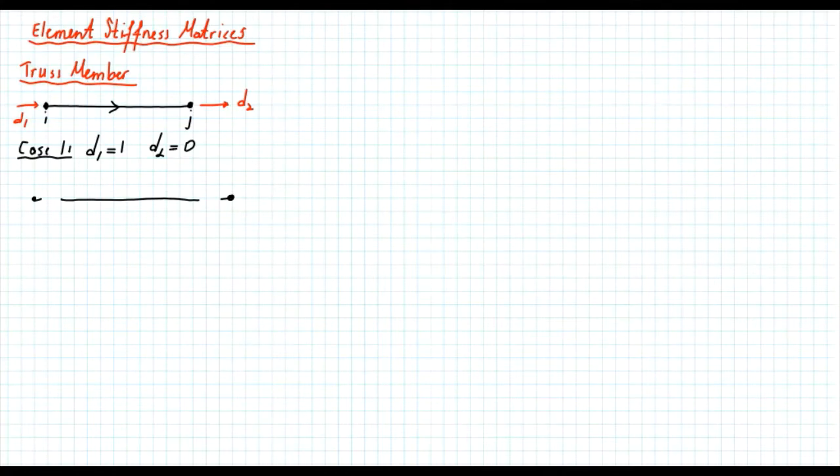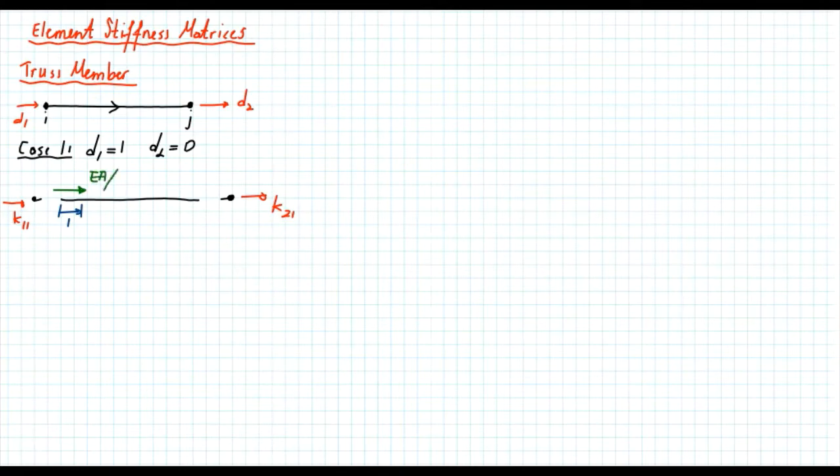I apply K11 to create a unit shortening, and I apply K21 to keep the translation at the end node equal to 0. So the deformed shape will look like this. I have a unit shortening here, and in order to create that shortening, the force that I should be applying should be a compressive force, and its magnitude is EA